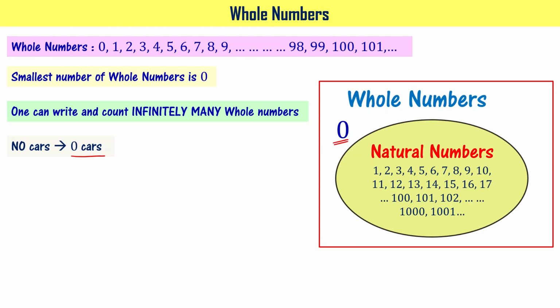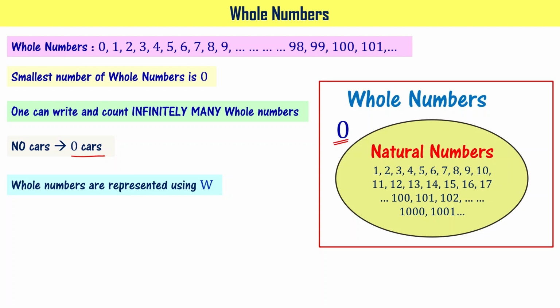Now you must have understood, historically people must have been counting objects. So they must have come up with natural numbers first, right? And there was a need to represent certain things which are not present. There are no birds on a branch of a tree. How do I say that? I can say that there are 0 birds on the branch of a tree, right? So for that reason, 0 was required and 0 was added to the list of numbers they knew, and then they started calling these numbers whole numbers. Got it?